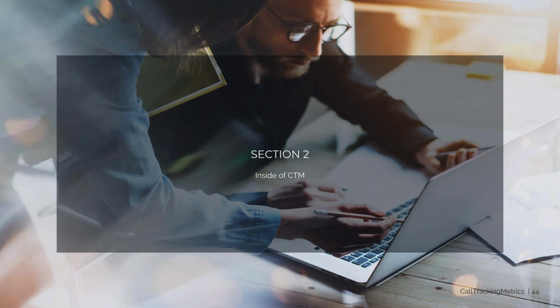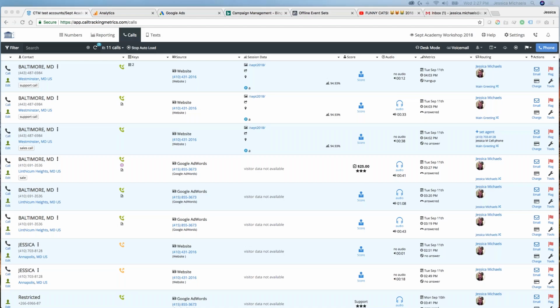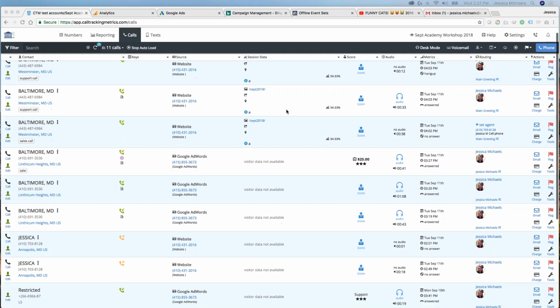Okay, so next, now that we've covered the core concepts behind what needs to take place and what's taking place behind the scenes, we're going to explore that configuration inside of CTM. So let's jump over.